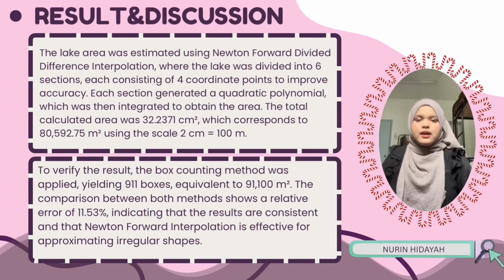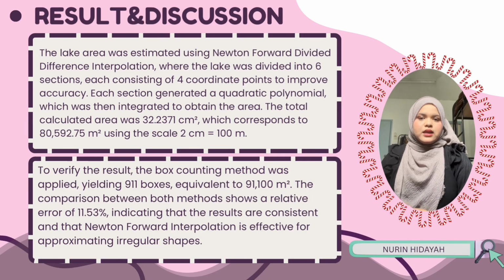11.53%. Next, for the result and discussion, the lake area was estimated using the Newton forward divided difference interpolation, where the lake was divided into 6 sections, each consisting of 4 coordinate points to improve the accuracy. Each section generated a quadratic polynomial which was then integrated to obtain the area. The total calculated area was